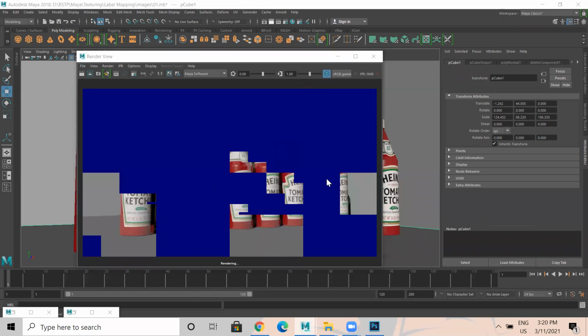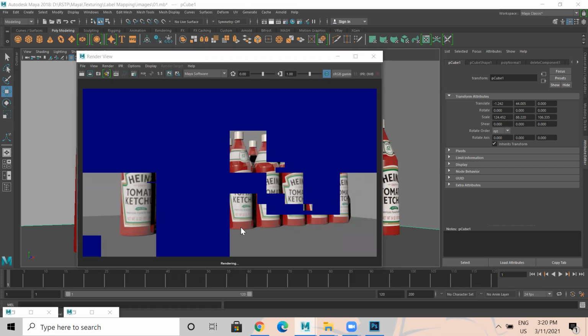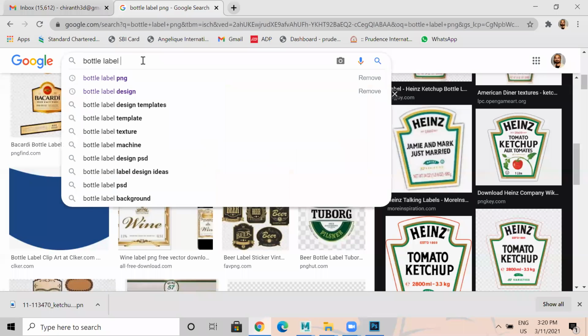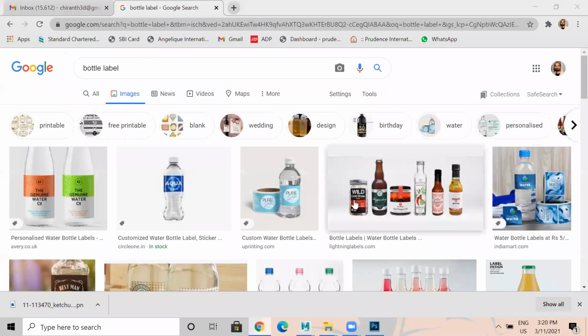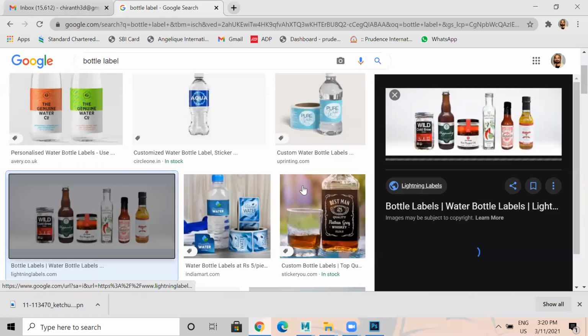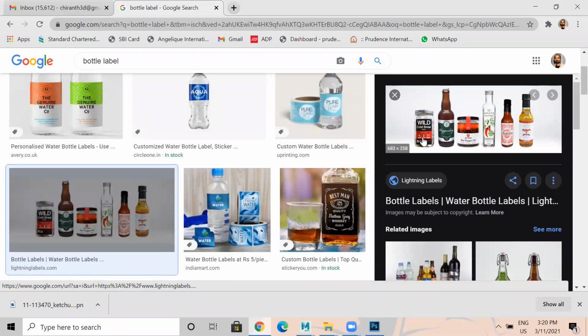Understood how to achieve this output? There are multiple bottles. Now we have done a sauce. I want you to create different shapes of bottles with different label types. Okay. So for example, if you go here, there are so many types of bottles. See, there are different designs. A lot of types are there. This type of bottle, 1, 2, 3, 4, 5, 6. Different types of bottles are there.